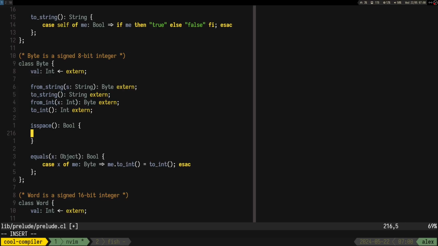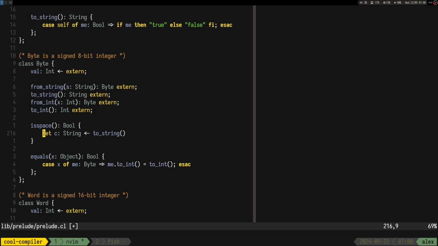So let character be a string, equal to toString basically.